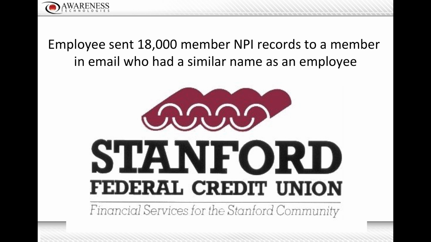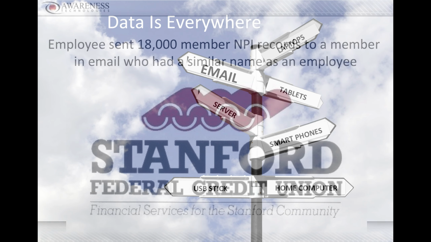And oftentimes it's not like the other employee or the other customer is going to do anything with it, but once it's out, you still have to do all the notifications, and it has to become public, and it can be a real liability for your reputation. It can be really very embarrassing outside of all of that. So there's some real issues even when it's an accident, even when maybe nothing bad occurs from it. It doesn't really matter once the information's out there. It's just as damaging on a reputation.